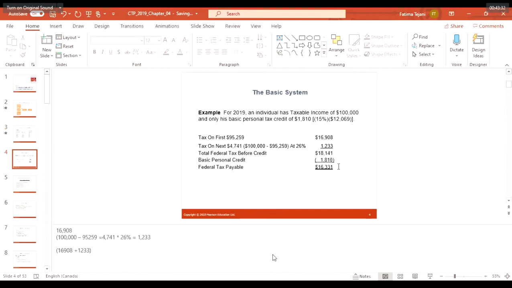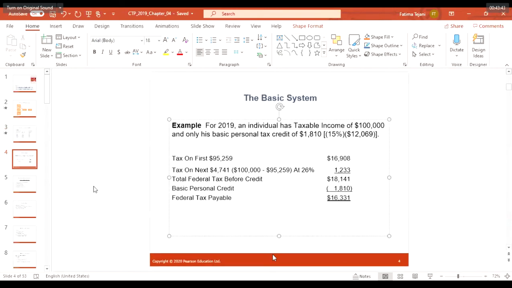I've already. So suppose your income, guys. I just wanted to give you the first one, the whole of it. So now, suppose for 2019 an individual, don't worry about the next part. The first part: for 2019, an individual has a taxable income of 100,000. So tax on the first 95,000 will be,